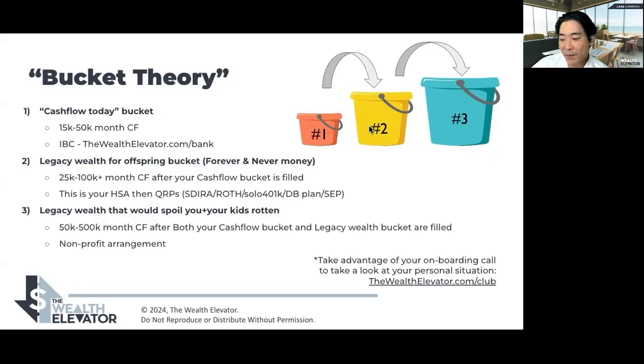By the time, if you've been doing this for a decade or two, a lot of you folks will get to eight figures. And that's where you fill up the third bucket here, which is more legacy wealth, nonprofits, organizations, philanthropy, things like that. You can give money away whenever. But bucket three is putting it in a legally formed nonprofit and doing it that way. But hey, let's focus on the task at hand, which is filling up today's bucket first.